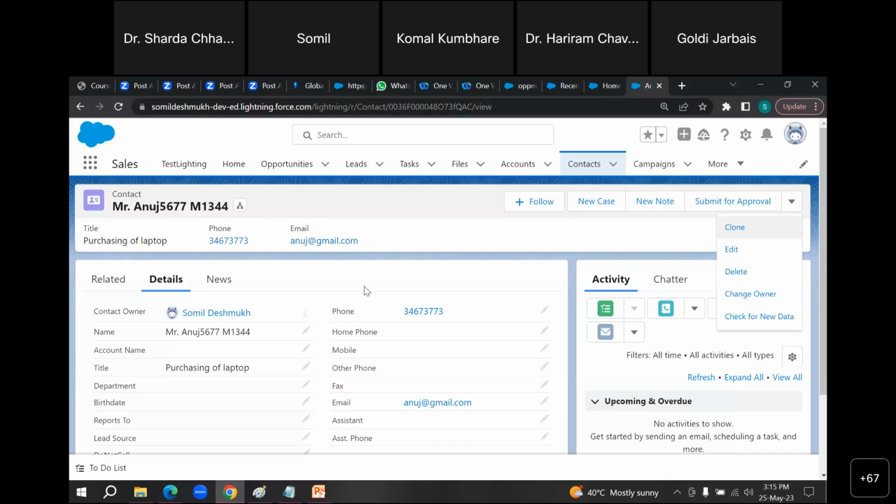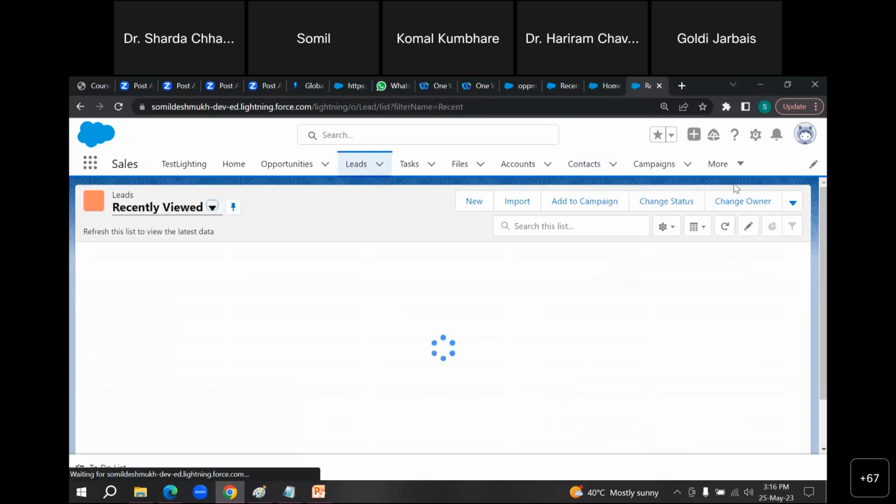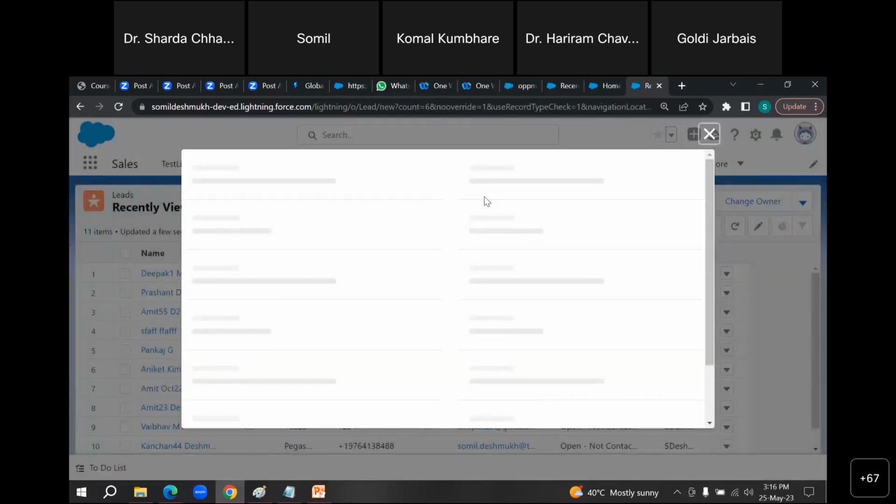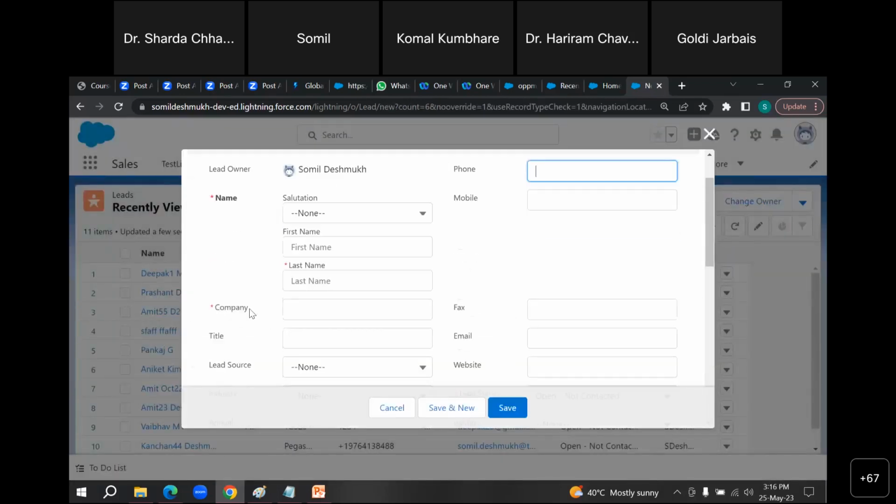No, a contact cannot become a lead, because contact is not a company. See, a lead exists only when you have a company. When we have a lead, the company is important, meaning you have to give the company name.